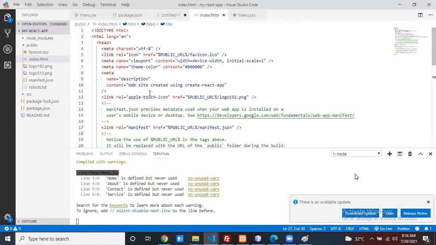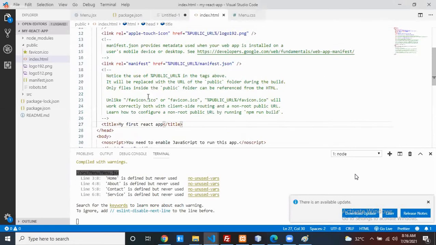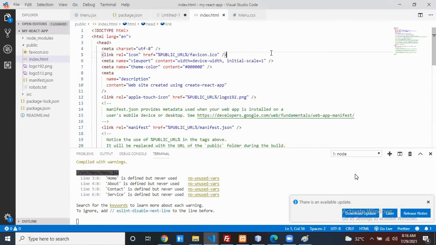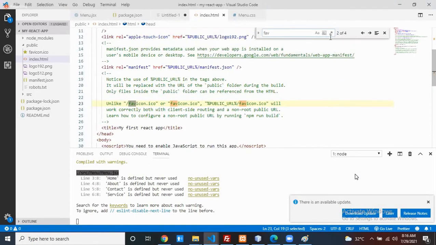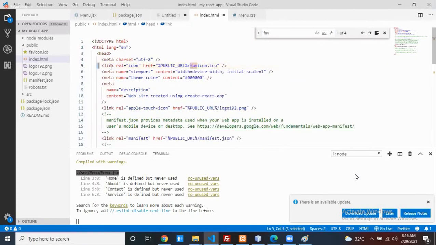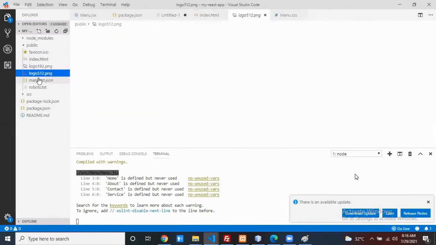Now search with Ctrl F, favicon. Yeah, this is the one. Link rel equals icon. If you want to add this icon, yes, you can add it. See this, ICO is the extension for the favicon. Directly JPG files also you can put, no problem at all. If you want to change it,